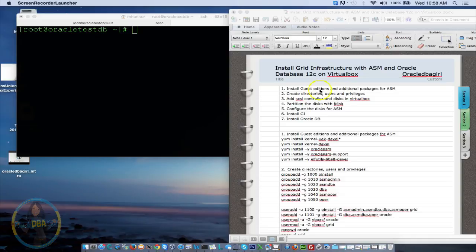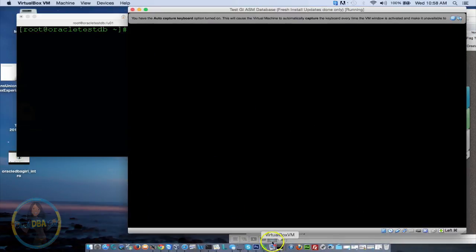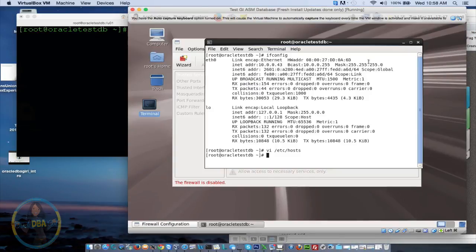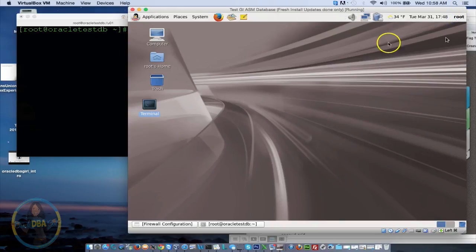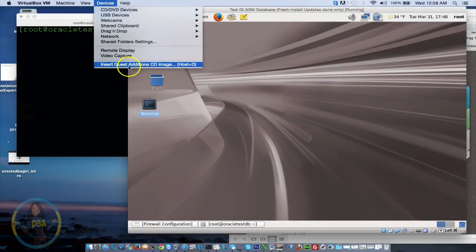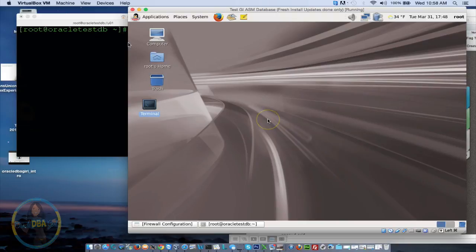The first thing is to install guest edition. So we're going to stop there. I'm going to go ahead and open my VirtualBox. Okay, as you all can see, I just got finished with this setup, so I'm going to minimize that. Let me close this because it's going to aggravate me. And go click on Devices and Insert Guest Additions CD Image. Okay, so I clicked on it, nothing popped up. That's fine. If you go to Places,